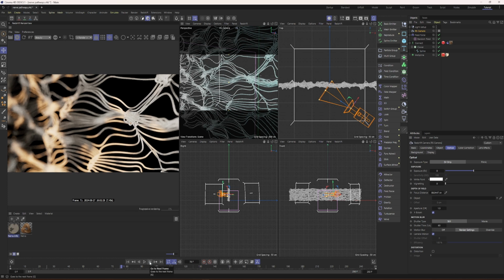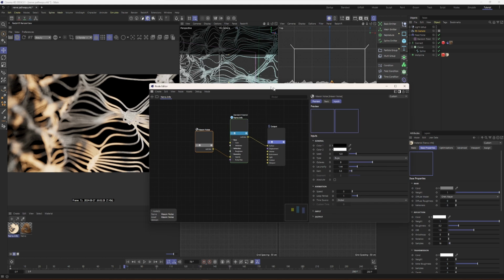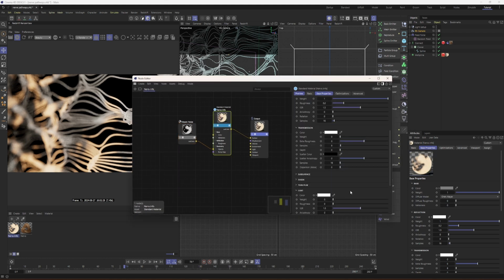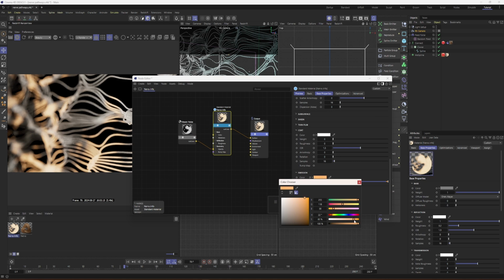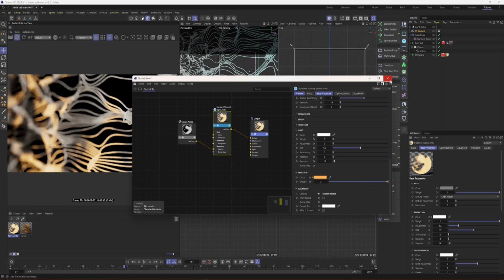So let's go a little bit further to the next frame, and there you can see that the information is going through the wrinkle itself and leaves the wrinkle on the other end. Yeah. So maybe we can tweak the emission a little bit. Let's add a little bit more saturation, a little bit more orangey. So, and there you can see